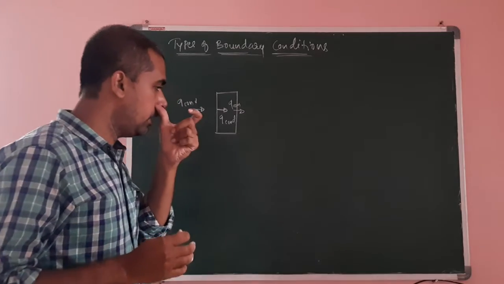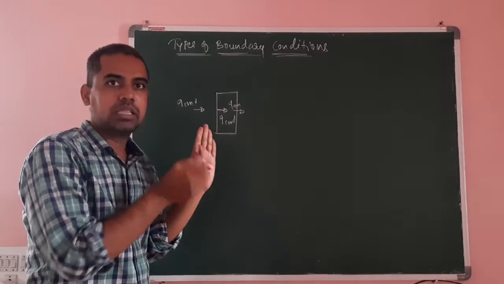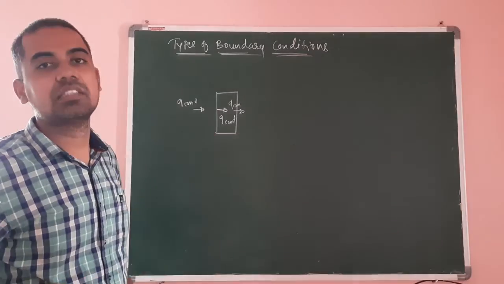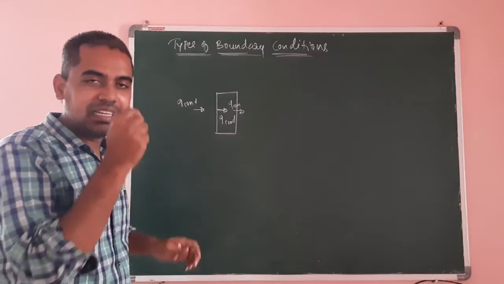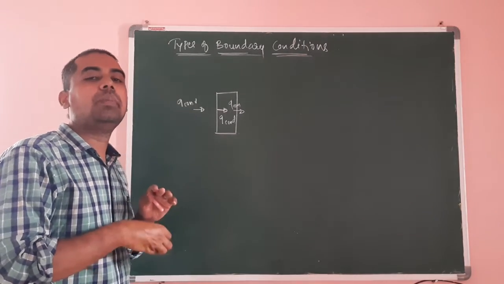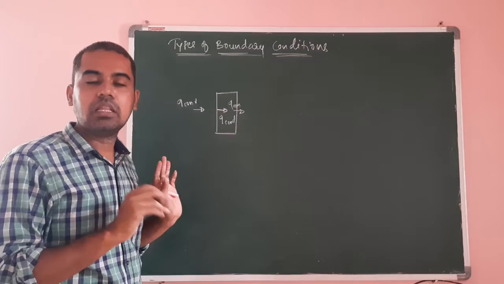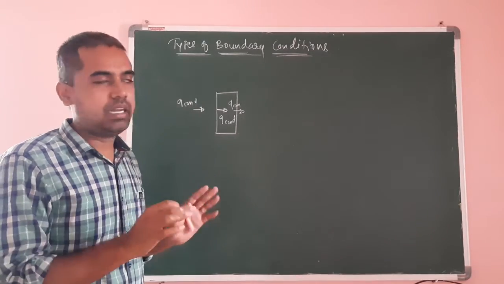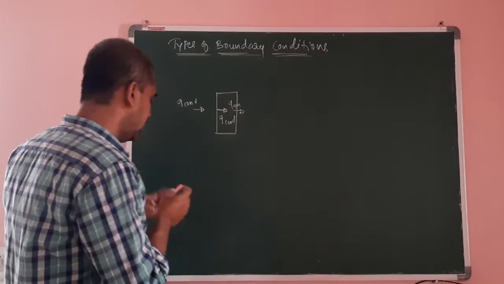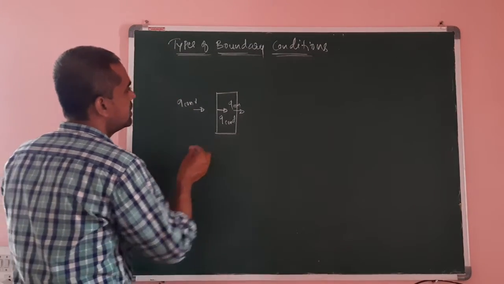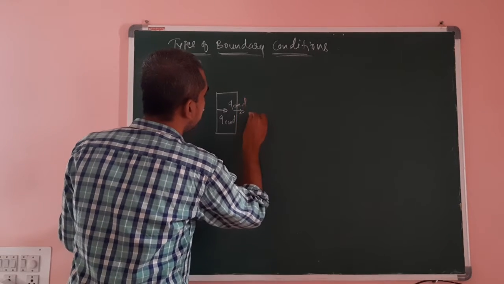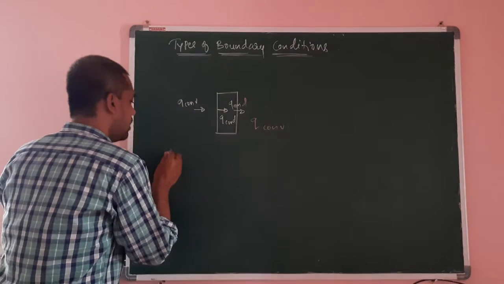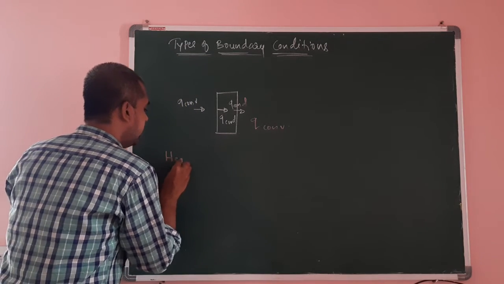If this happens in a small, thin plate and you heat it, after some time it will attain a state where whatever heat is generated inside will be dissipated, that is, convected. We can write this type of boundary condition like this: Q conducted is equal to Q convected. I will write here: heat conducted